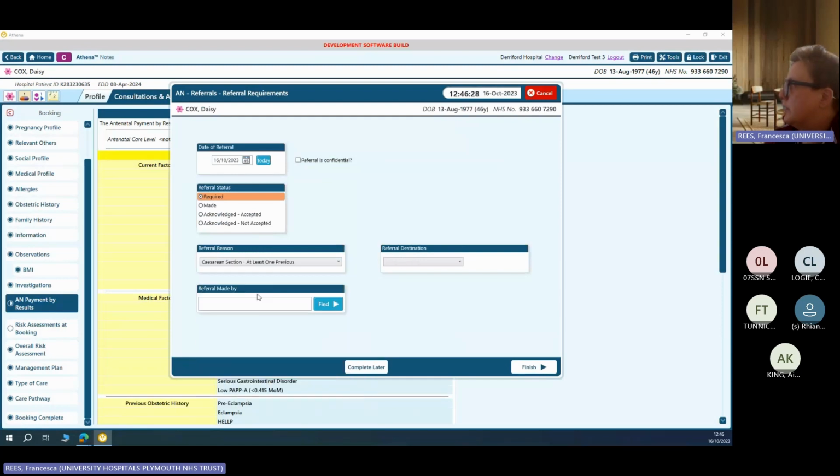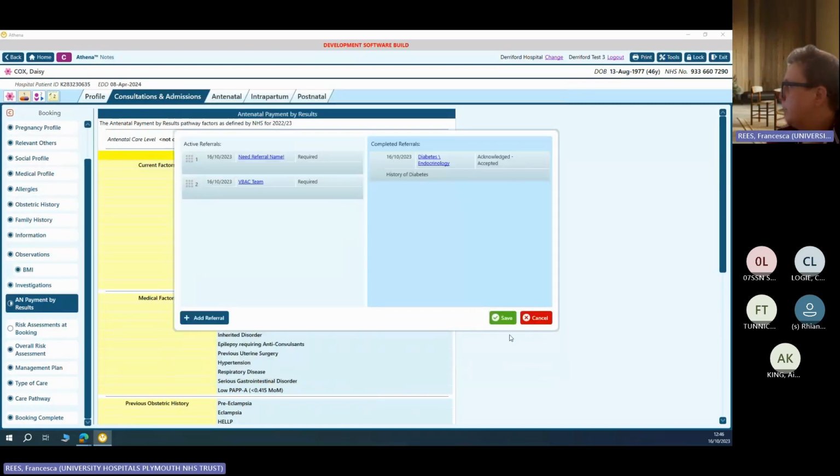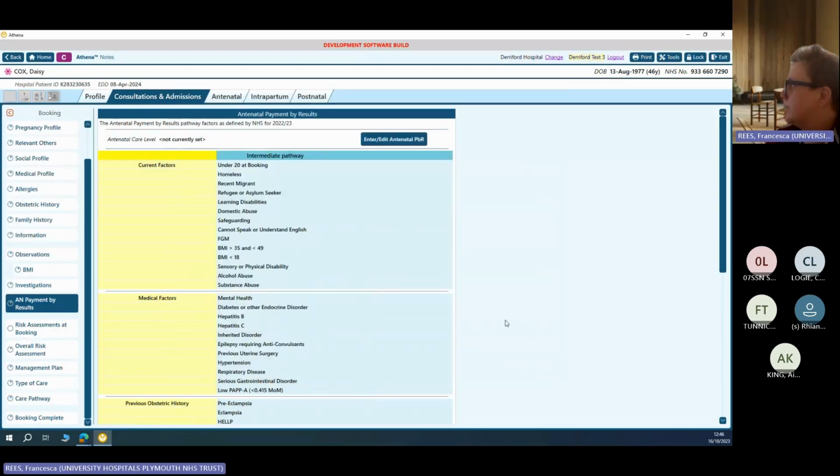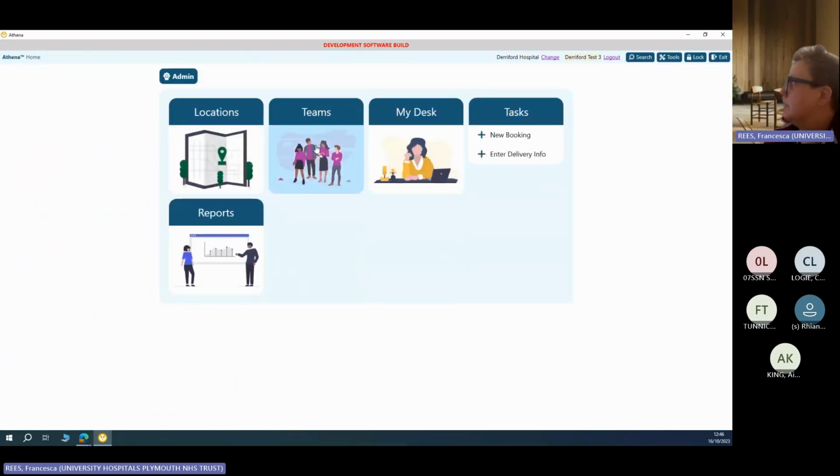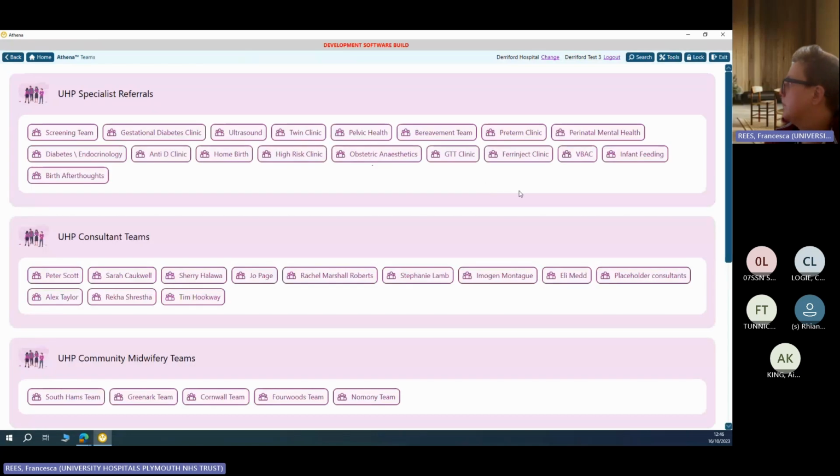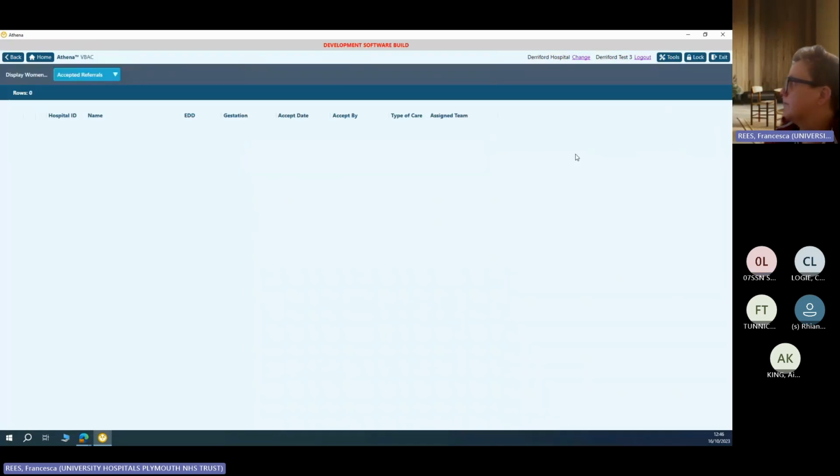For example, she's had at least one section, so you're going to send her to the VBAC door, and you're going to make the referral by me, and then finish and save. Now if we go home and go into the doors, go into VBAC, referrals pending,